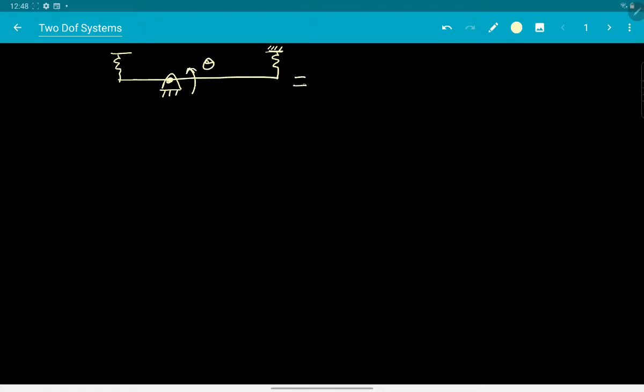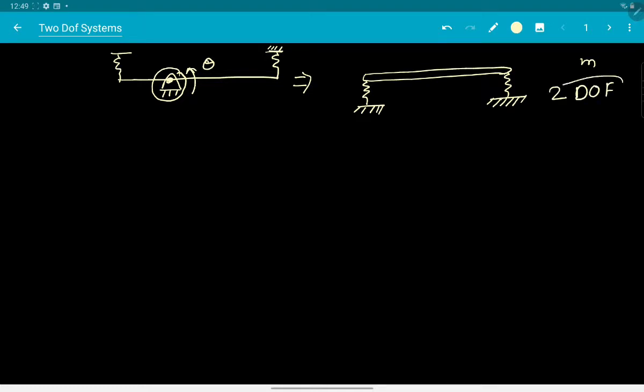Now I am giving you another example over here, which is a slight variation of this, but that is a 2 degree of freedom system. So we are again considering the same bar, which is having m units of weight, and it is again supported on the springs at the two ends. However, the only thing that I am getting rid of is this hinge joint, which was over here. Since that joint is not present, this bar now has 2 degrees of freedom.